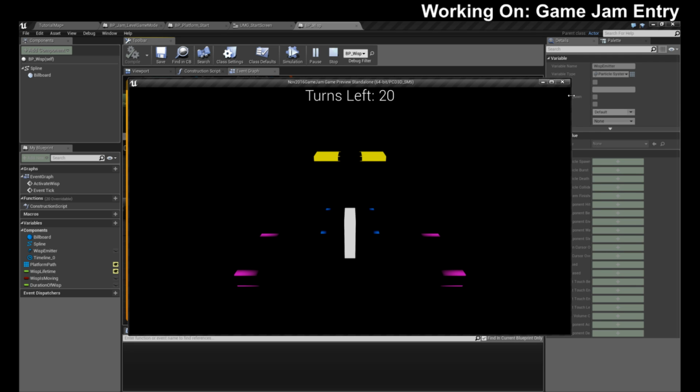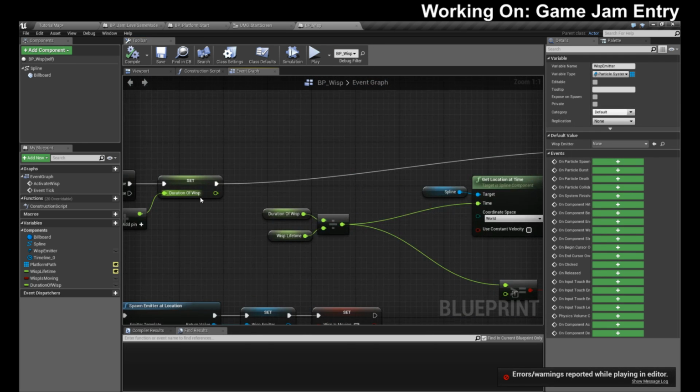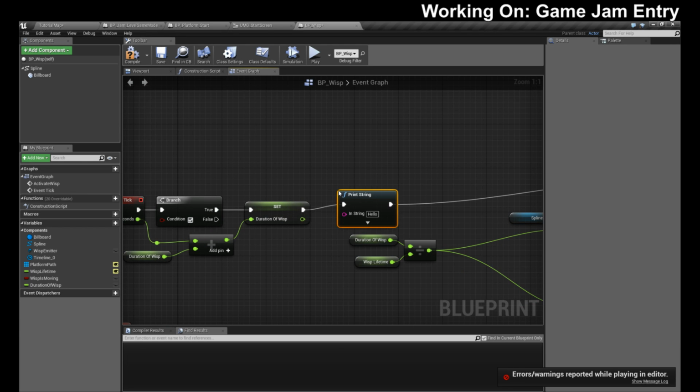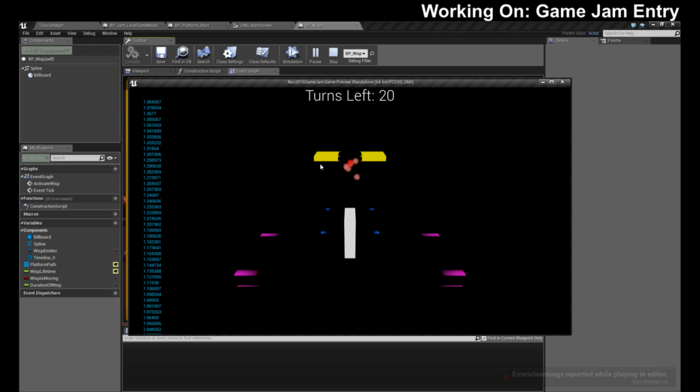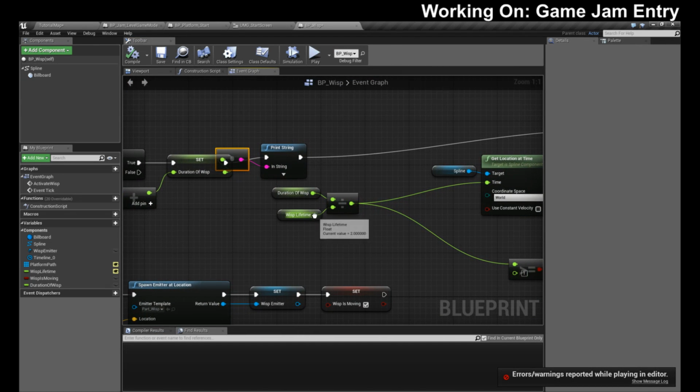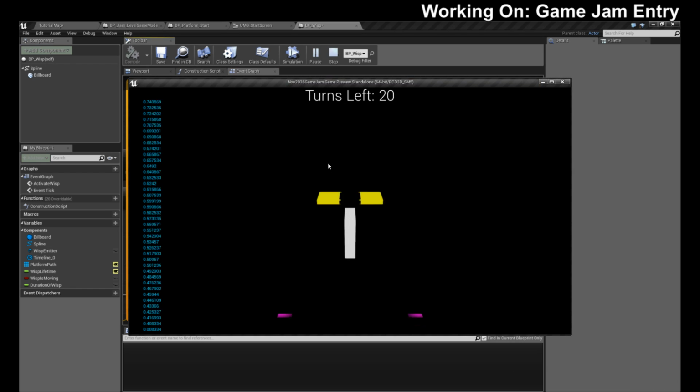Okay, I think it's starting in the wrong spot, so we're going to need to debug this because I think I did the math backwards. Yeah, oh yeah. So definitely something's wrong there. Okay.